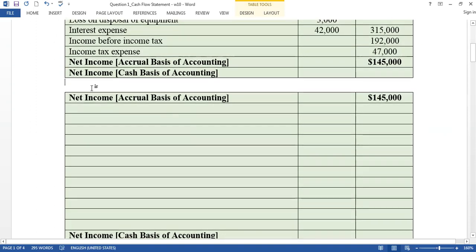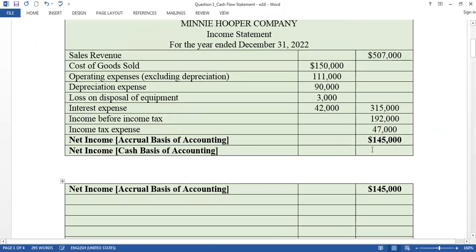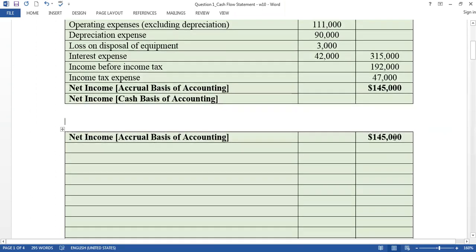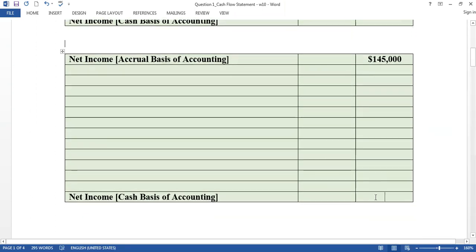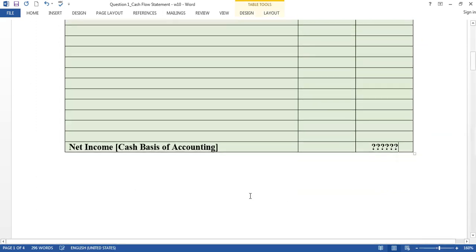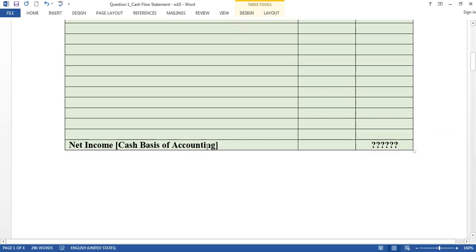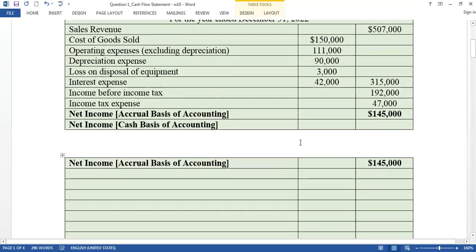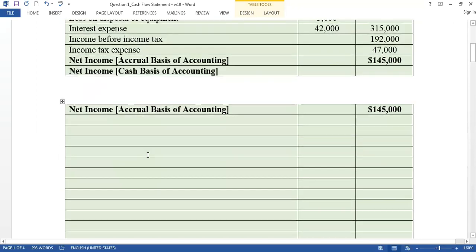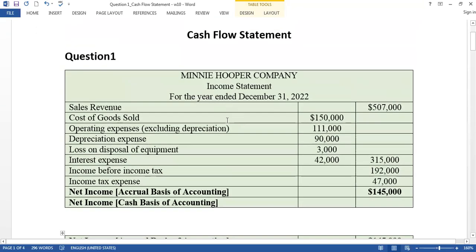So this is given in the question. You can see that $145,000 is the accrual basis net income. So we should calculate net income on a cash basis. Last class I told you that. So this is from the income statement,